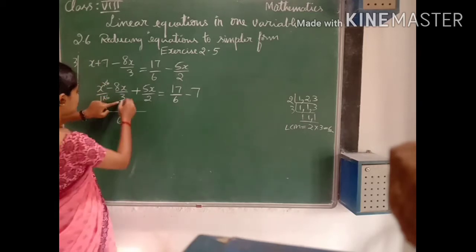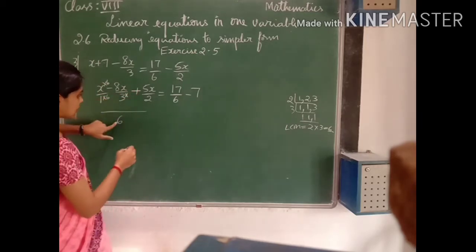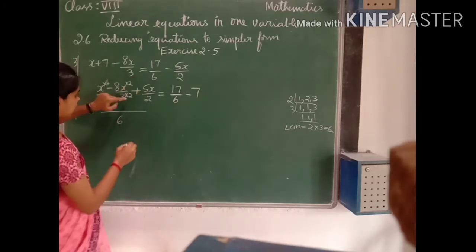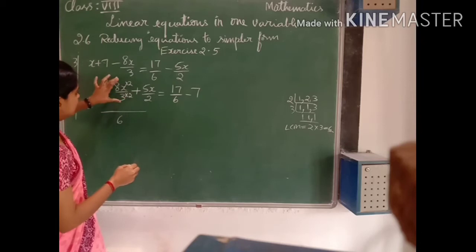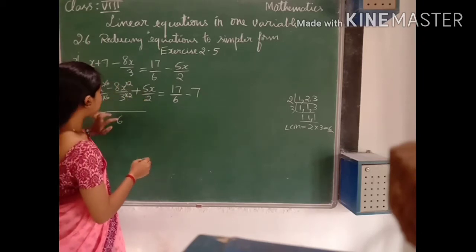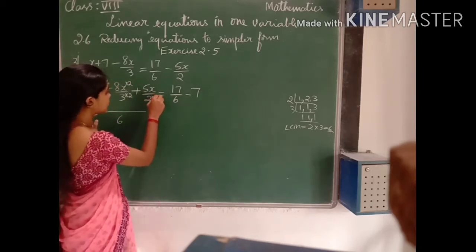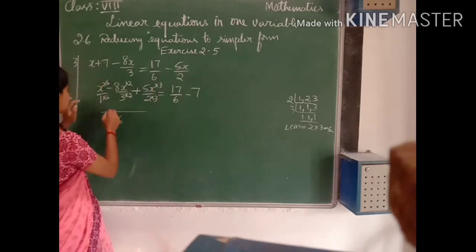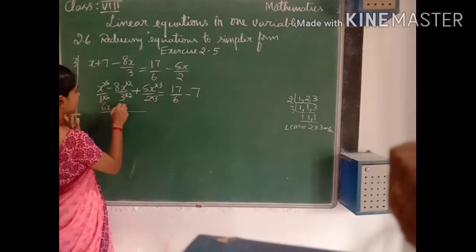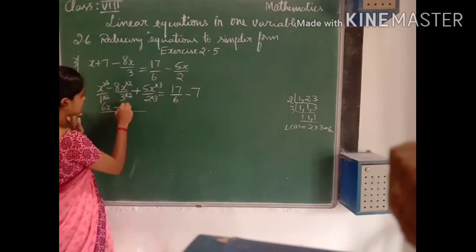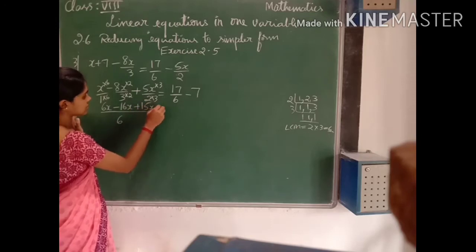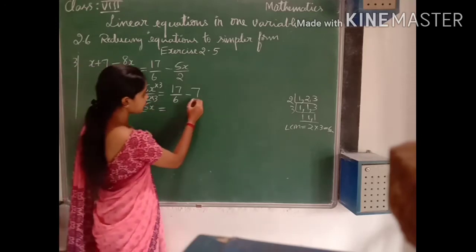In the next term, 3 times what is 6? 3 2s are 6. So multiply and divide by 2 in this term. Next, 2 times what is 6? 2 3s are 6. So multiply by 3. Next, 6 into x is 6x, minus 8 2s are 16x, plus 5 3s are 15x, is equal to, here whenever